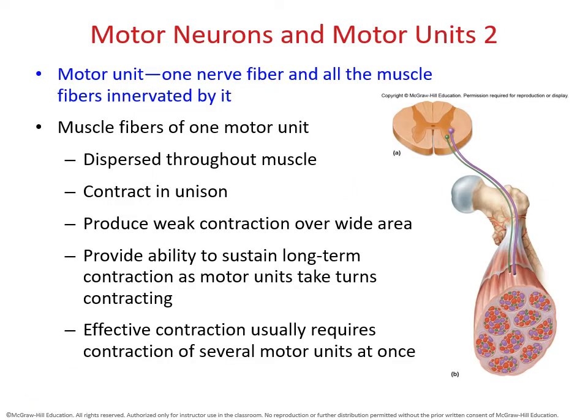Now, a motor unit is when you specifically take a look at one nerve fiber and all the muscle fibers that it can innervate. So go ahead and take a look at the illustration on the right-hand side, and you can see there's a little cross-section of your spinal cord, and what it's showing you are the fibers, the extensions of the axons that will leave the spinal cord and will innervate or make a connection with the skeletal muscle. This will allow it to disperse throughout the muscle.